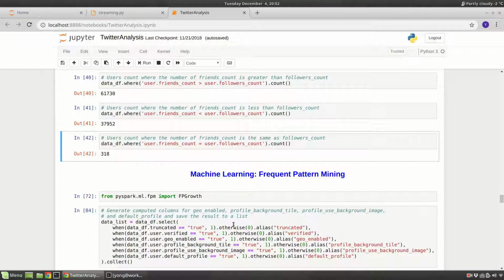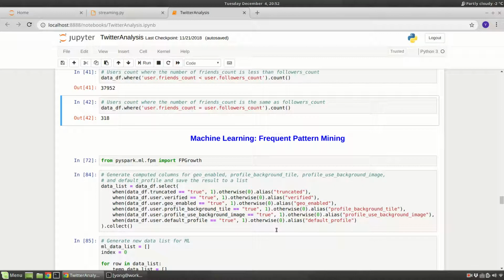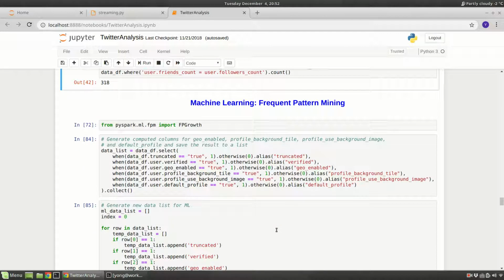And for machine learning, I'm using frequent pattern mining. Basically, I want to see what's the most frequent pattern across a set of computed columns I generated, which are basically the settings or whatever tags I created. I want to see what the most popular combinations are, and for the popular combinations, I also want to do some prediction to see what kind of features people need to turn on and off in order to match the most frequent